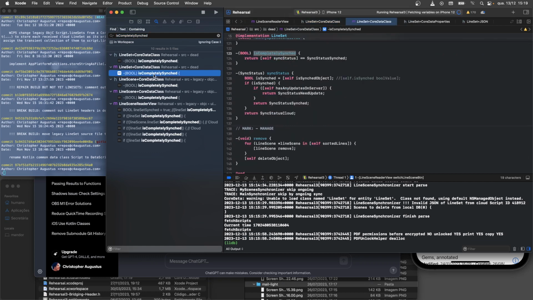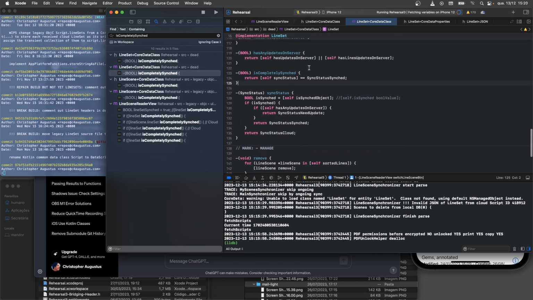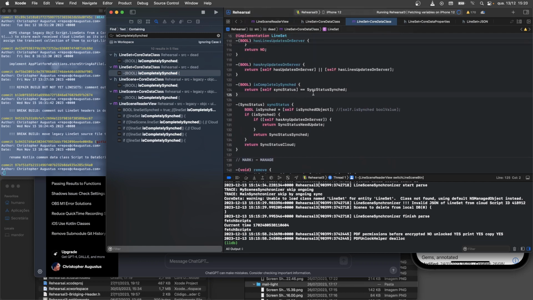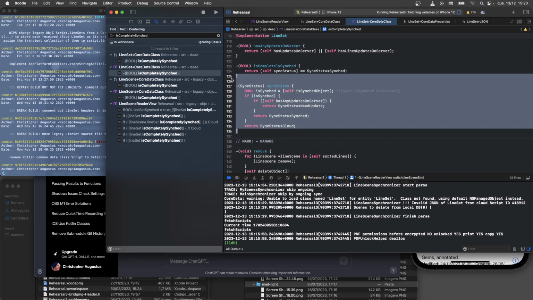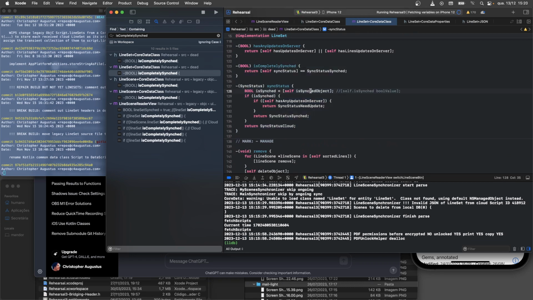This is the implementation. And we get a thing called sync status. So this is just a method that returns a Boolean if a flag has a certain value. And here's sync status, which is yet another method. Okay, so this is a calculated function, it looks like. So here we've got isSyncedObject, isSynced, hasAnyUpdatesOnServer. Synced, sync, sync, okay. So this is a classic,